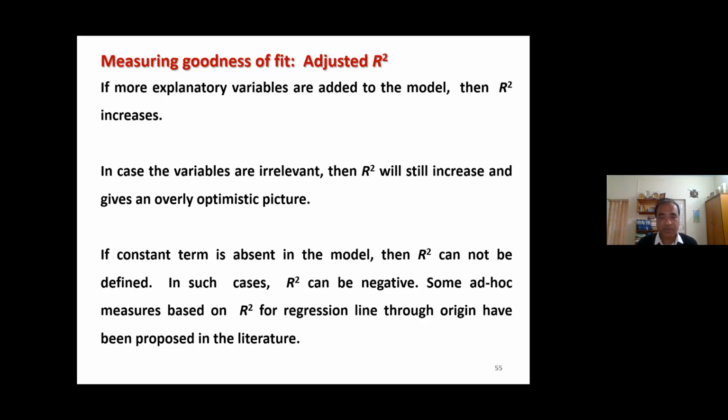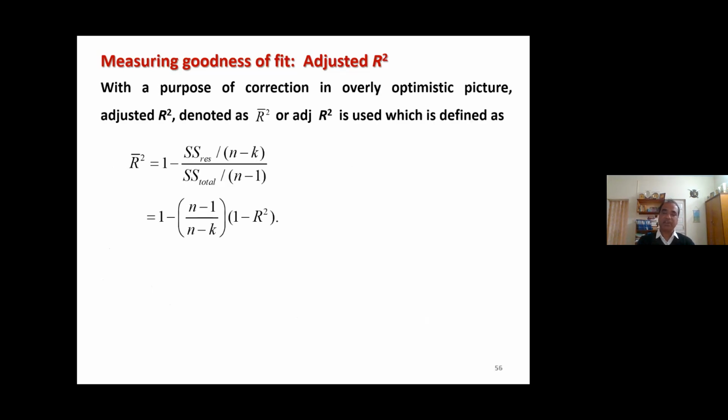Right. And when you say the intercept term is zero, that means the regression line between y and x is passing through the origin. So in this case, the R square is not valid, but then the question comes, what is the solution? Some ad hoc solutions have been given in the literature, but they are not really dependable, right? But in order to take care of the fact that when we increase the irrelevant variables also, the R square is going to change,